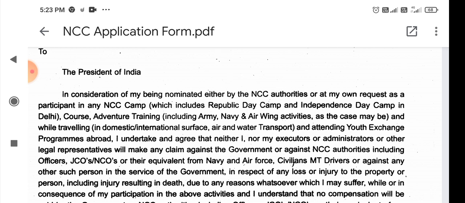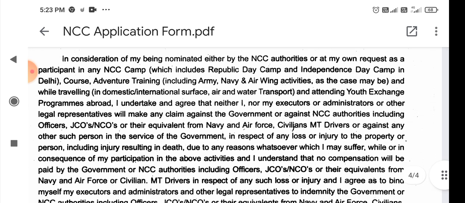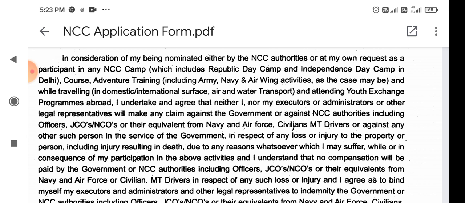Wing activities, as the case may be, and while traveling in domestic, international surface, air and water transport, and attending youth exchange programs abroad, I undertake and agree that neither I nor my executors or administrators or other legal representatives will make any claim against the government or against NCC authorities, including officers, JCOs, NCOs, or their equivalent form from Navy and Air Force, civilians, MT drivers, or against any other such person in the service of the government in respect of any loss or injury to the property of person, including injury resulting in